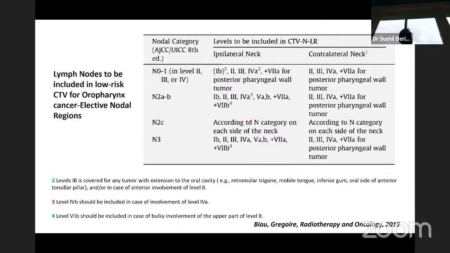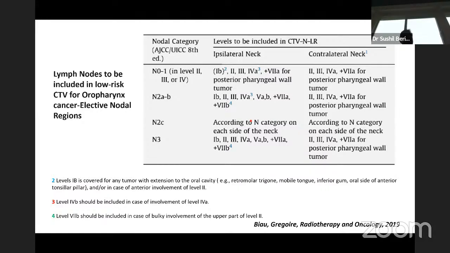So the basic difference between 2D planning and 3D planning is that you can paint your dose. So you can treat more neck on the side of involvement, less neck on the side of no involvement. And the important thing, we talked about it, is the salivary gland tolerance. The dose to the salivary gland, we say, is 26 gray, but it's not an all or none phenomenon. It's a sigmoidal curve. So 15 gray is better than 26 gray, 26 gray is better than 36 gray. So on the side of involvement, you don't necessarily need to spare the parotid. But on the uninvolved side, you can try to spare the parotid to a lower dose.